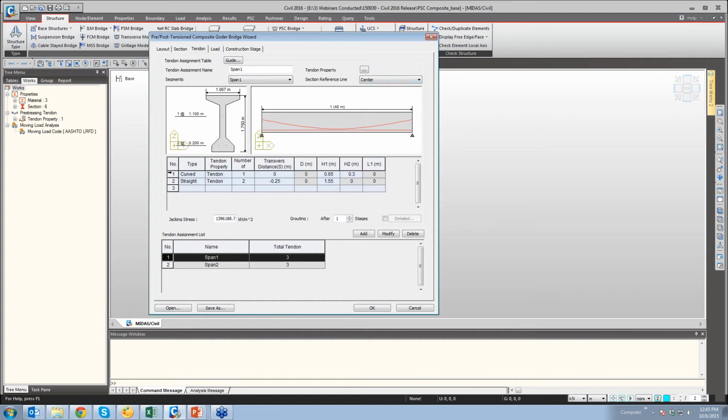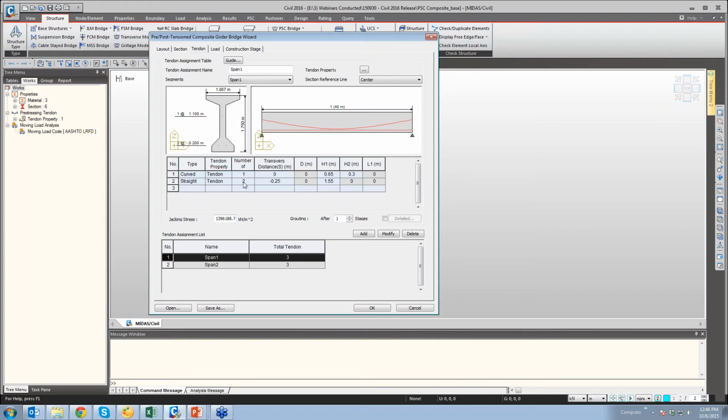Okay, so the first curved tendon that I have provided, I have only one tendon. Its transverse distance, that is from center, I am keeping at 0 itself. So it is 0 at the center. This small dot which can be noticed in the figure on the left is my center tendon at the support location, and at the right is the elevational view. So my first tendon is a curved tendon, and the number 2 are my straight tendons.